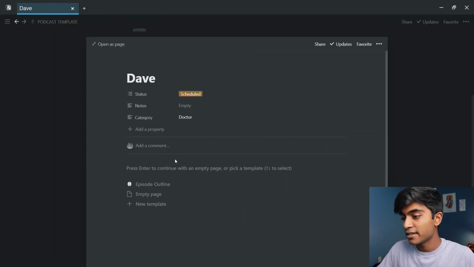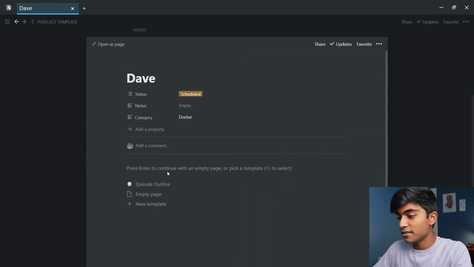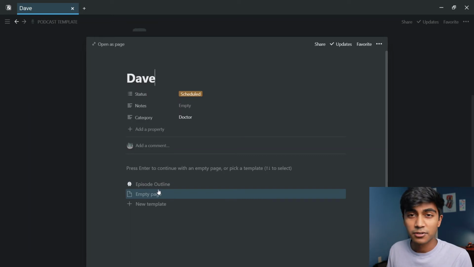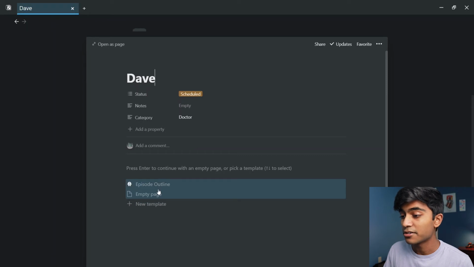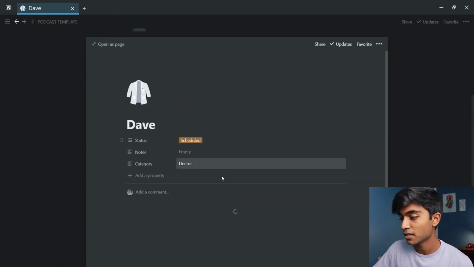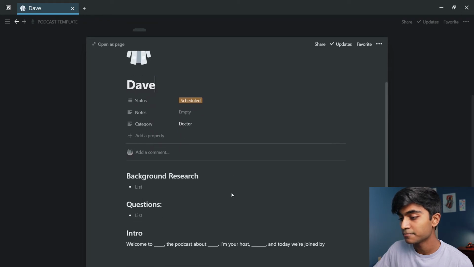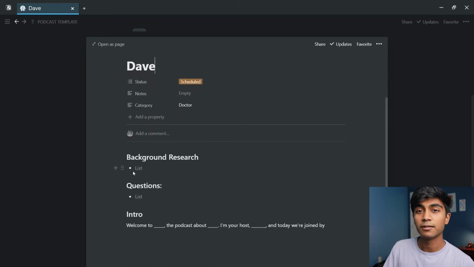So when you click on that, you see these templates. If you have different episode types, you can make different templates, but for simplicity's sake, I've already provided a basic episode template. So you just make the episode, you can control with your arrow keys and select that episode outline, hit enter. It's going to load for a second, and it's just going to automatically come up with